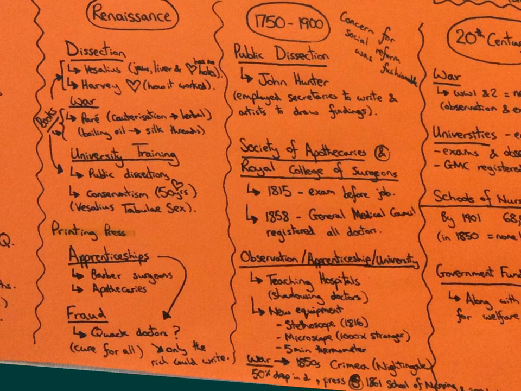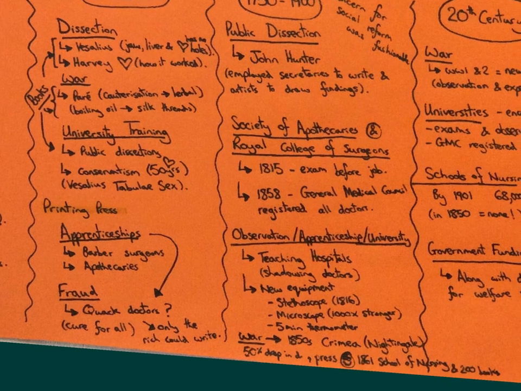Additionally, the Royal College of Surgeons started something called the General Medical Council in 1858. And the General Medical Council was designed to register all doctors, so it was designed to make sure that everyone was registered, so you couldn't have someone claiming that they'd passed their exams and were able to do their job, when in actual fact they hadn't, because you could check on the General Medical Council's list of doctors to see if they really were a doctor or not.